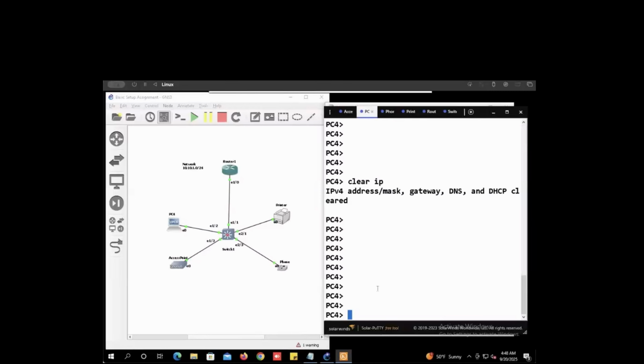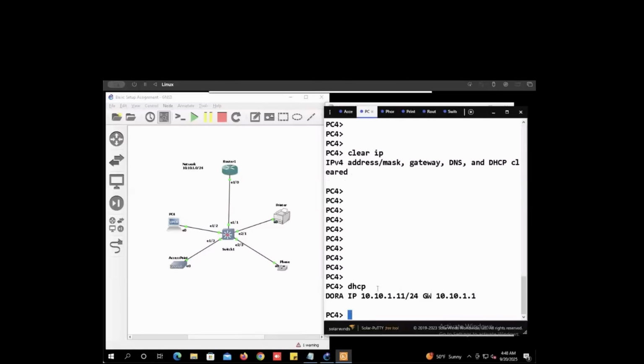So to do the dynamic host assignment for each device, you just type DHCP and you press enter. Now DHCP is going to use the DORA protocol, and then DORA is going to do all the checking, everything that it needs to do to ensure that this device has a unique automatically assigned IP address. As you can see here, it worked. We can see PC4 has been assigned an IP address of 11, and then the default gateway is also here,